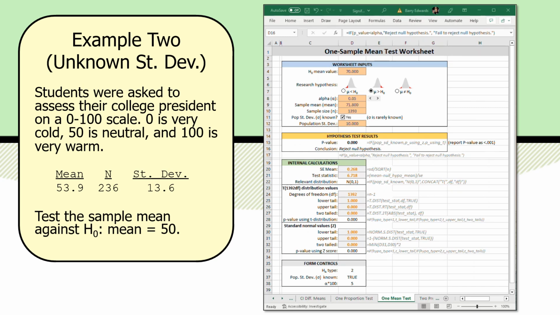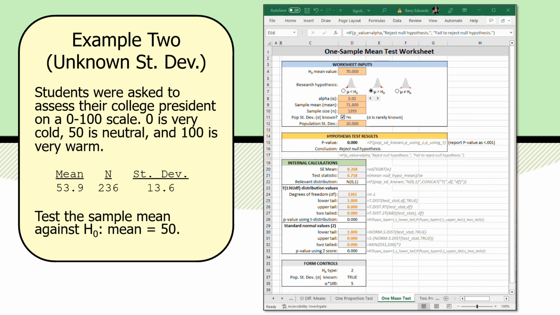Students were asked to assess their college president on a 0 to 100 scale. 0 is very cold, 50 is neutral, and 100 is very warm. Sounds like a standard feeling thermometer test of the college president. It says the mean is 53.9 and 236 students, and the standard deviation 13.6. So this standard deviation comes from the sample itself. It's not known in the population, it has to be estimated with the student sample, and the estimate of the standard deviation of the scores